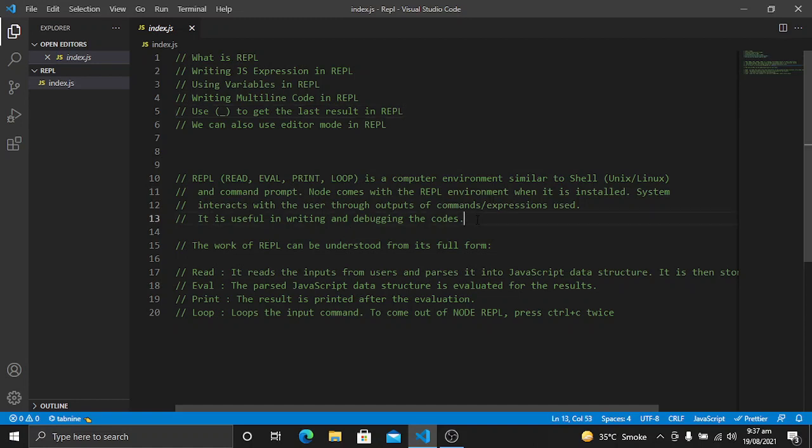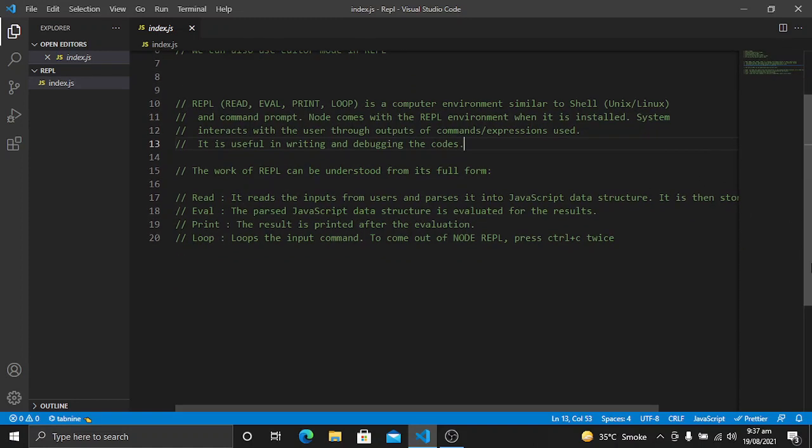So basically it is helpful when you write code and find some errors, it will help you to debug the code. The work of REPL can be understood from its full form, which is read, evaluate, print and loop. So here is the explanation of these terms. What is read?